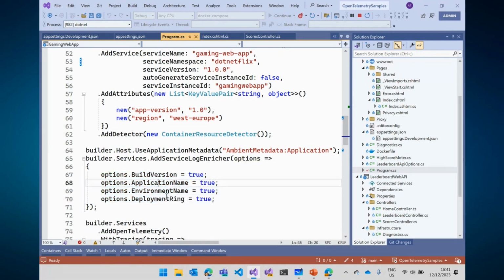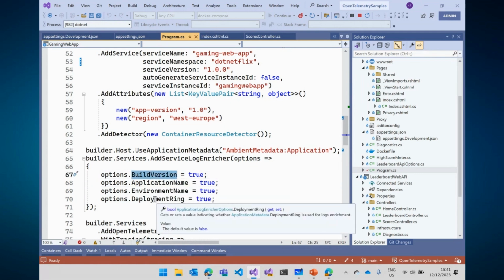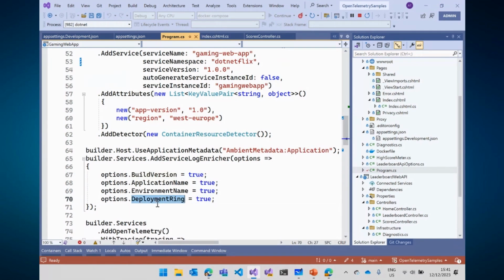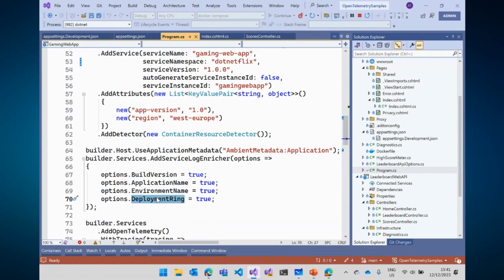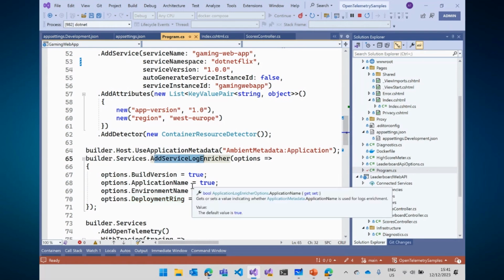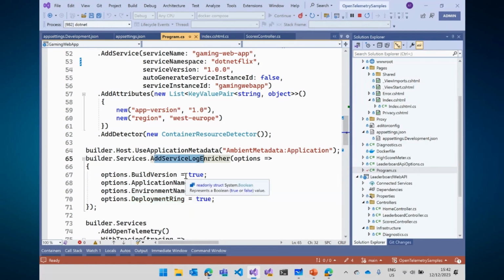That's the environment name and the application name. Those are added automatically. And then you have the build version that you can set through config or programmatically, and the deployment ring. So you can say this is maybe the alpha ring, or this is non-production. It can be related to your environment. If you do ringed deployments, then this might indicate that, if we enrich the service log, so all output